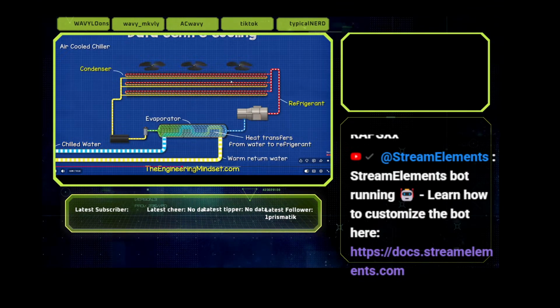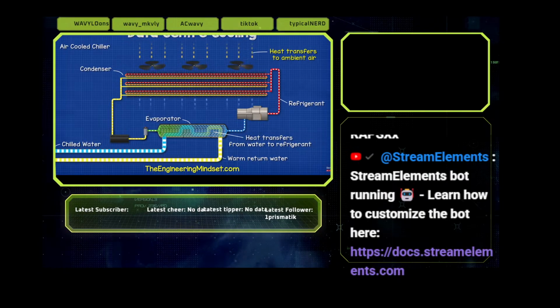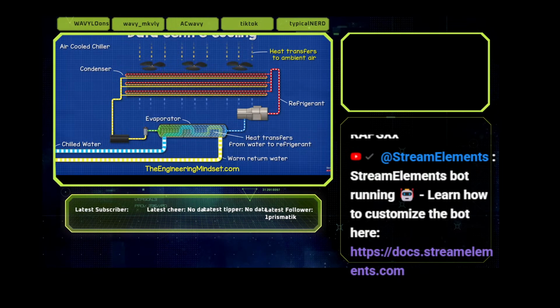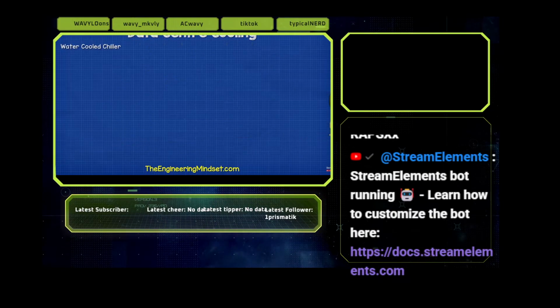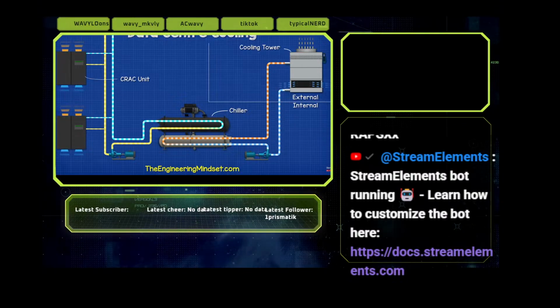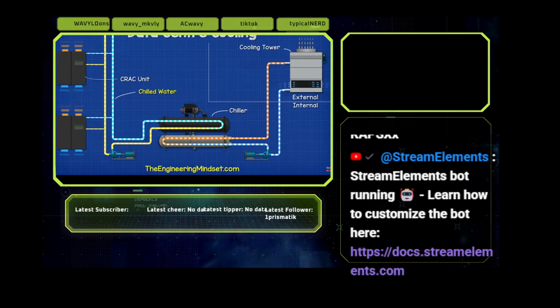The refrigerant flows to the condenser, where fans move ambient air over the pipes to reject the heat to the atmosphere. The refrigerant then flows back to the evaporator to collect more unwanted heat from the water. With water-cooled systems, we find the chiller installed internally, with a cooling tower located externally. The chiller sends chilled water to the CRAC unit